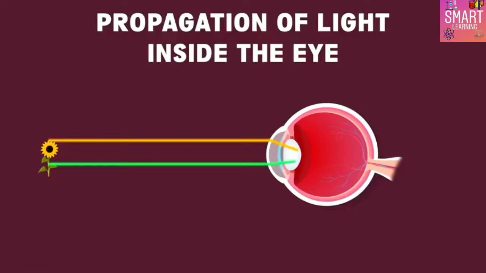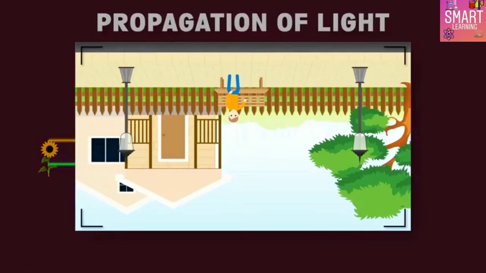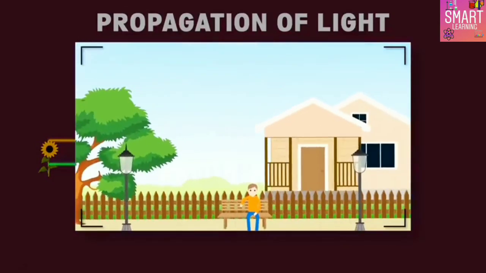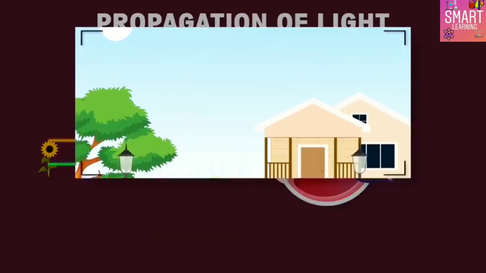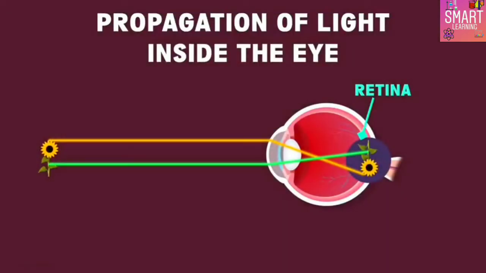This eye lens is a biconvex lens, and it refracts the light such that all the light coming from an object is focused on the retina. This is where the image is formed. Clearly, the image formed is a real and inverted image. But wait, we don't see the world around us upside down, do we? We see everything as it is, because this image again gets turned upright in the brain.